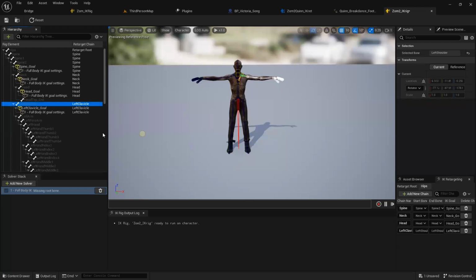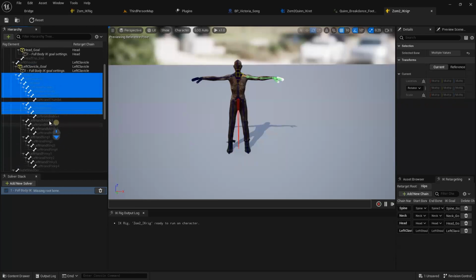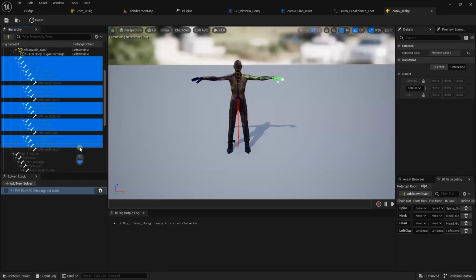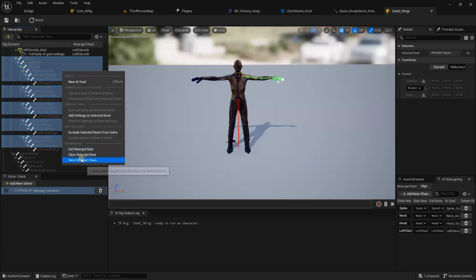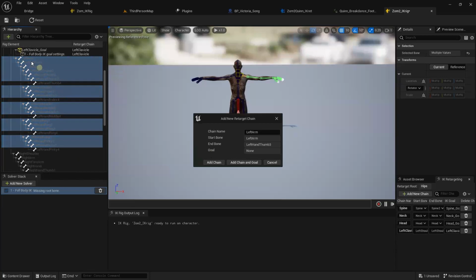All right. Then we're going to go to left arm to left hand. And this time around, I'm actually going to grab the first three, my left index, the first three. So I'm leaving out the fourth bone on each one of these. Left middle, the first three, left ring, the first three, and left pinky, the first three. So with this, we can actually right click and say, add new target chain. And it knows that since they're not all part of the same hierarchy, it's going to bring them up